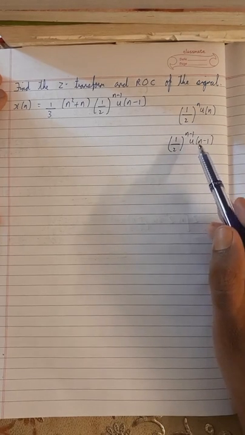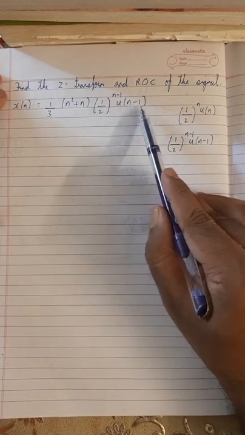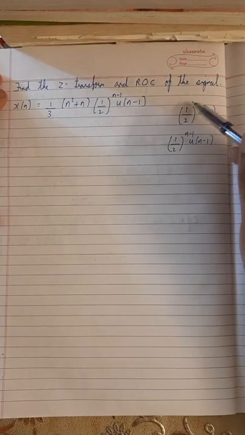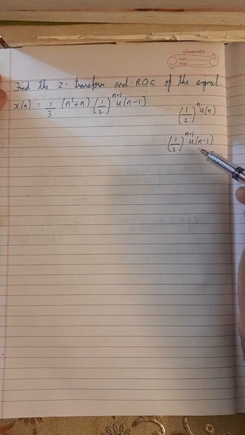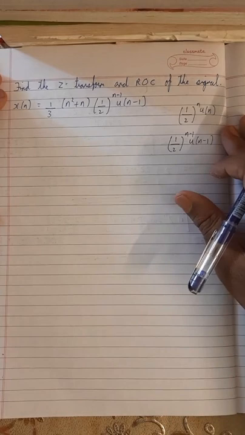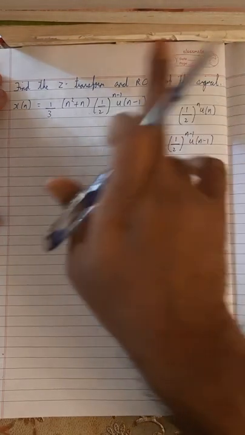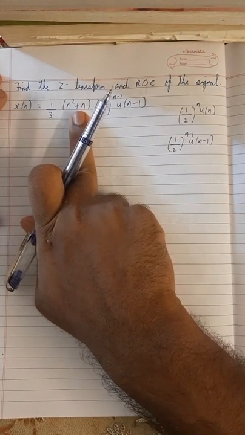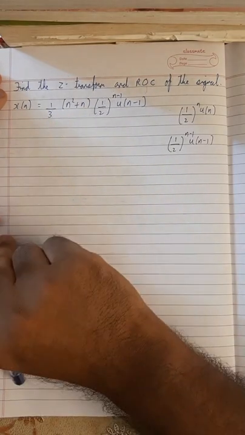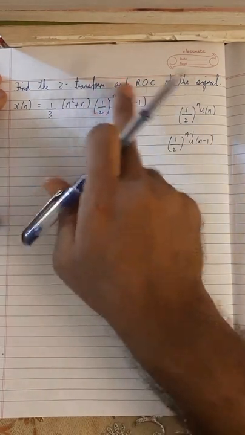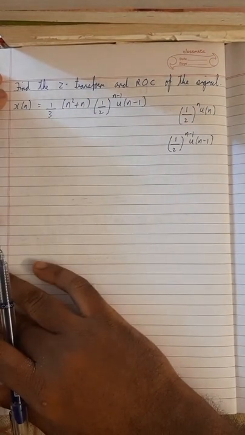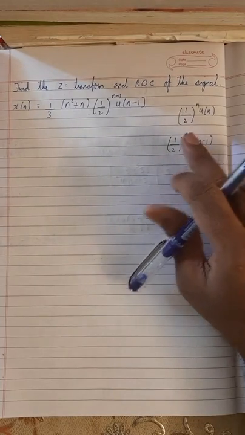In other words, the best way of applying the Z transform is to find the Z transform of this function and then apply the time shifting property to it. Then you'll get the partial answer. After that, you need to apply the multiplication by n property 2 times, and then with that answer you multiply by 1 by 3, and that is your final answer. Okay, so let's do this problem. So first what I'm going to do is,